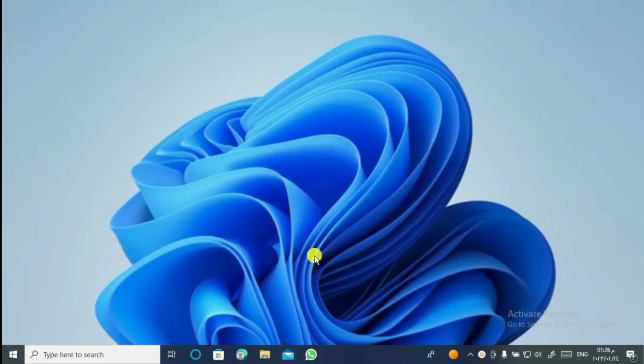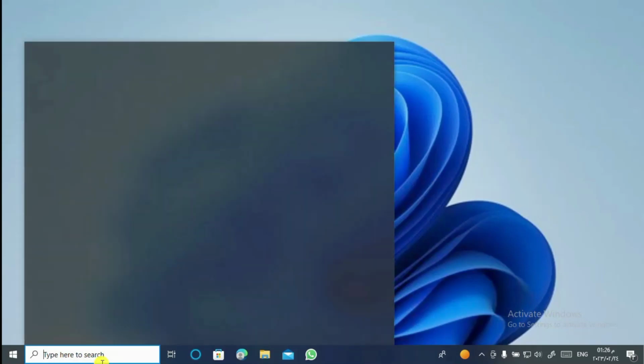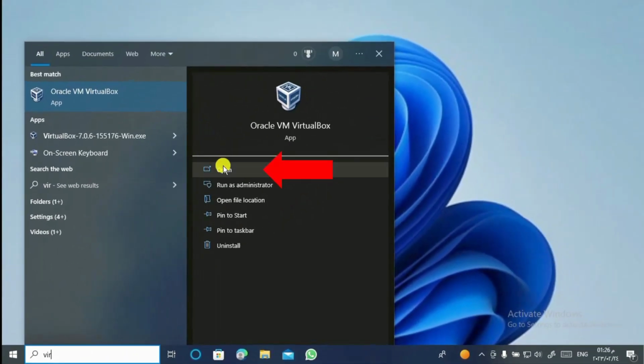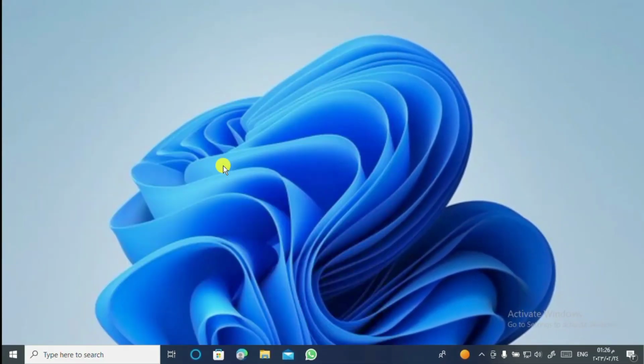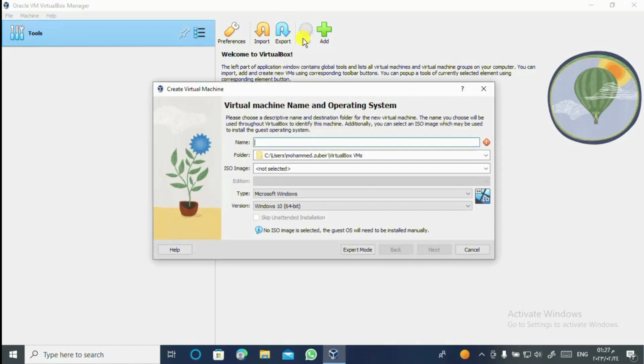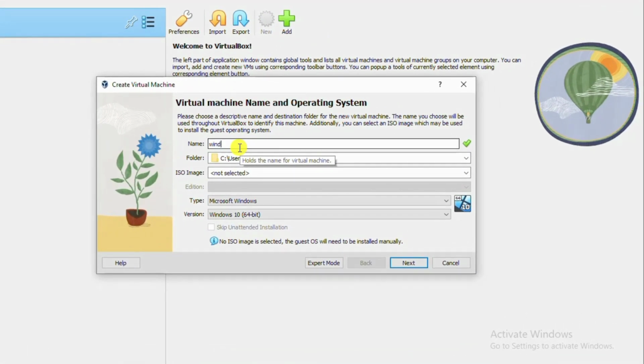If you already installed VirtualBox, you can just go to the search bar and type VirtualBox. It will come out, then click open. When you open it, you will see this interface. So to create a new machine, just go ahead, click new, and write what you want. You can just type Windows 10. I want to add Windows 10, so Windows 10,